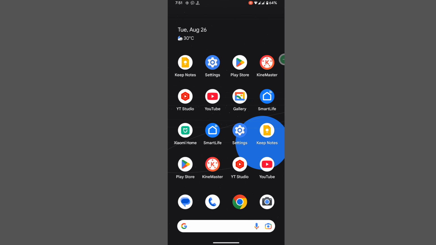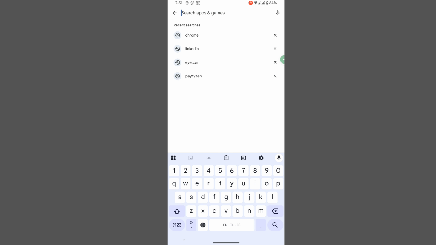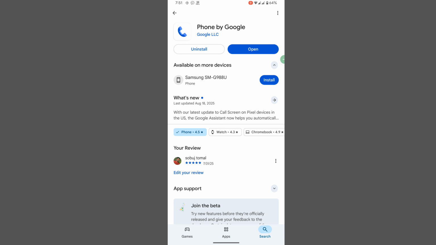In this video, I show you how to fix Google Dialer app not working or not opening problem. For solving this problem, go to Play Store, search for Phone by Google, tap on Phone by Google, update your Phone by Google app,